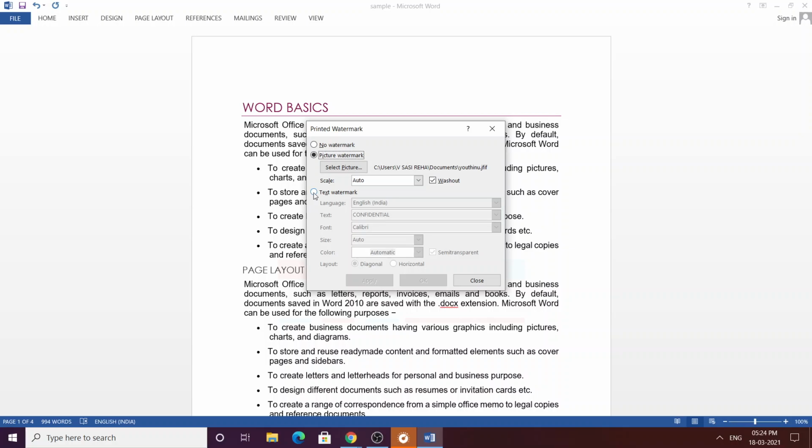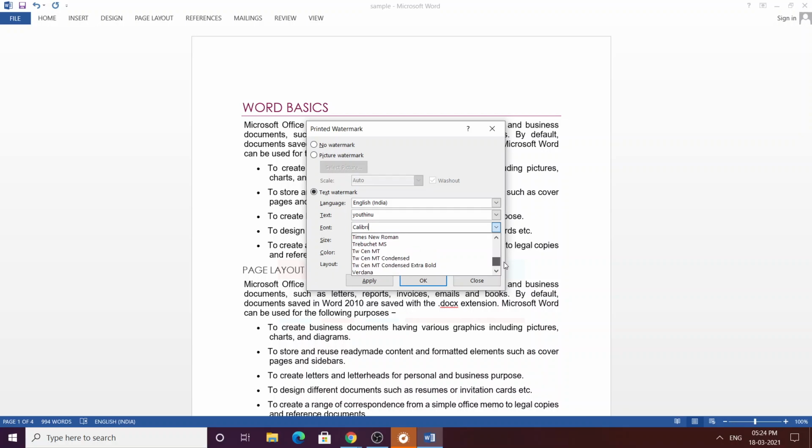The next watermark available is text watermark. For text watermark, we have options, namely language, text, font, size, color. So in the text, I'll give Youth in You. And in font, I'm selecting some other font style.